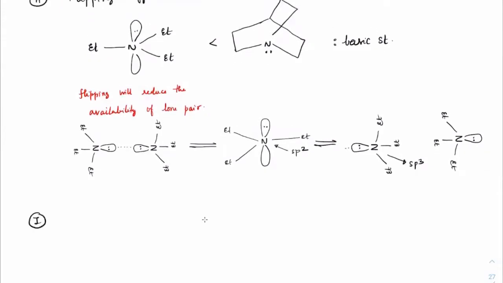Tertiary butyl with cyclic case, beta. In that case, crowding. Suppose you have a tertiary butyl, ethyl, and some group like this, and you are comparing it with this one; this will still be more basic than that one. And the reason is not flipping, it is the steric factor. Tertiary butyl is too bulky, so it won't let the incoming electrophile come. When the incoming electrophile comes, this tertiary group will repel it. So that's how its basicity will reduce.